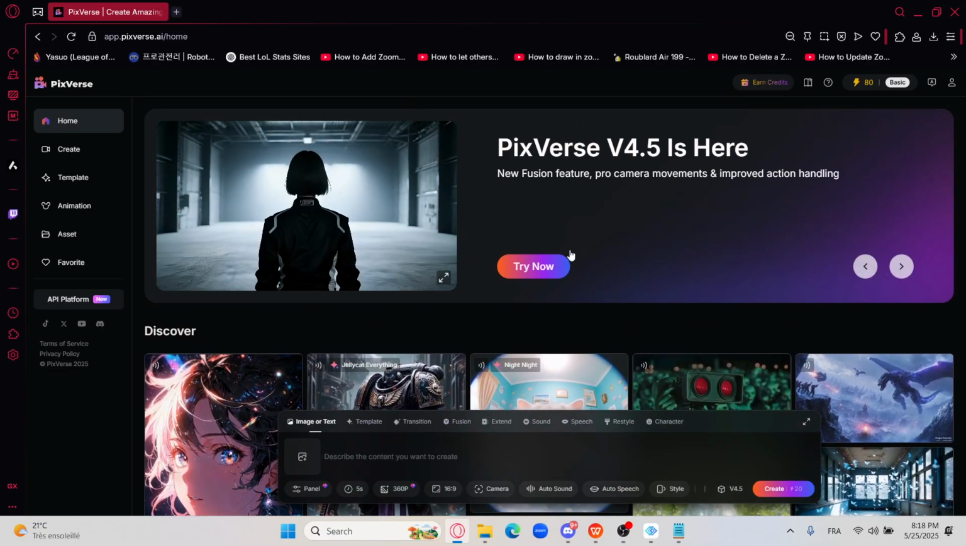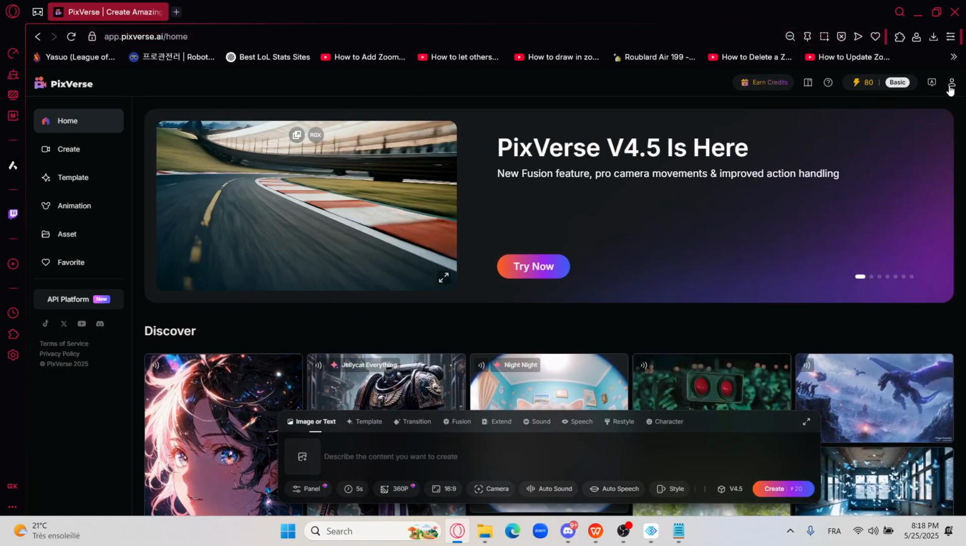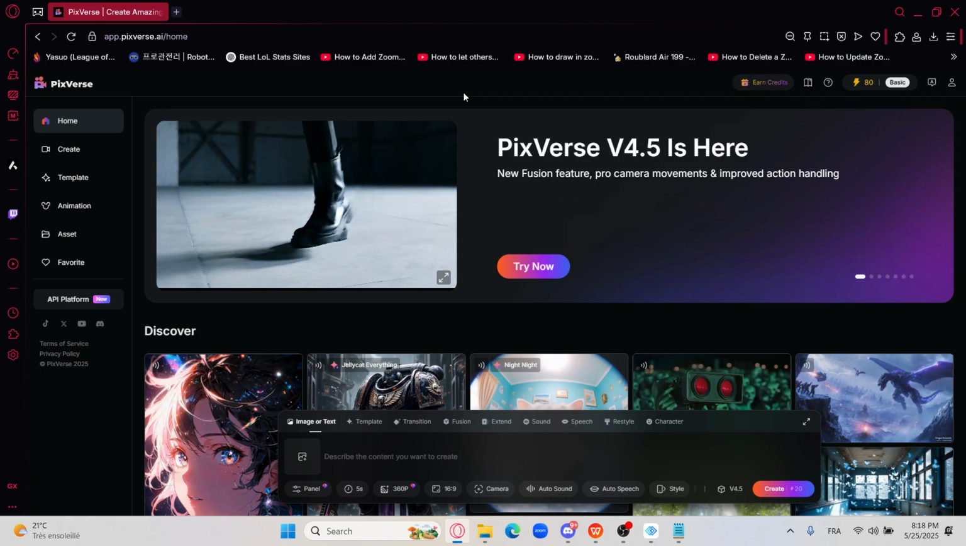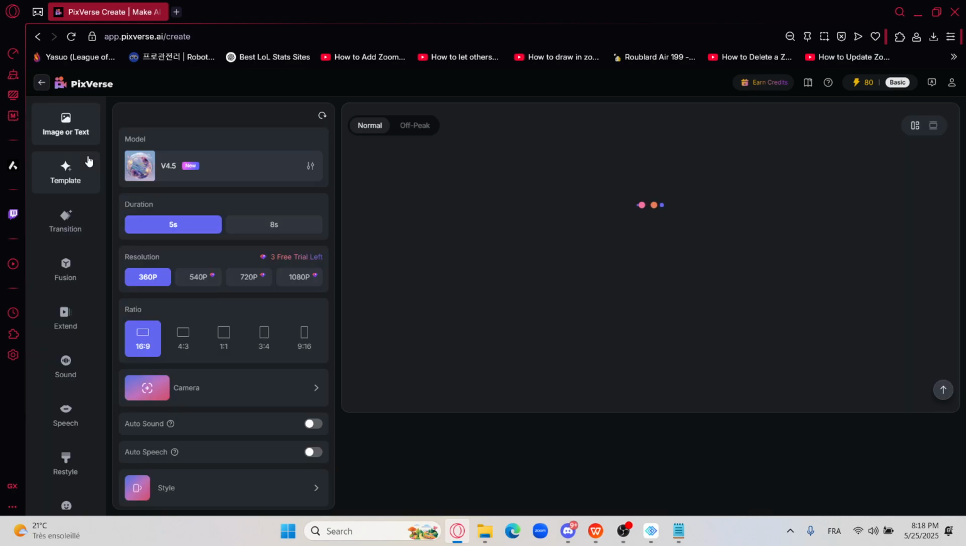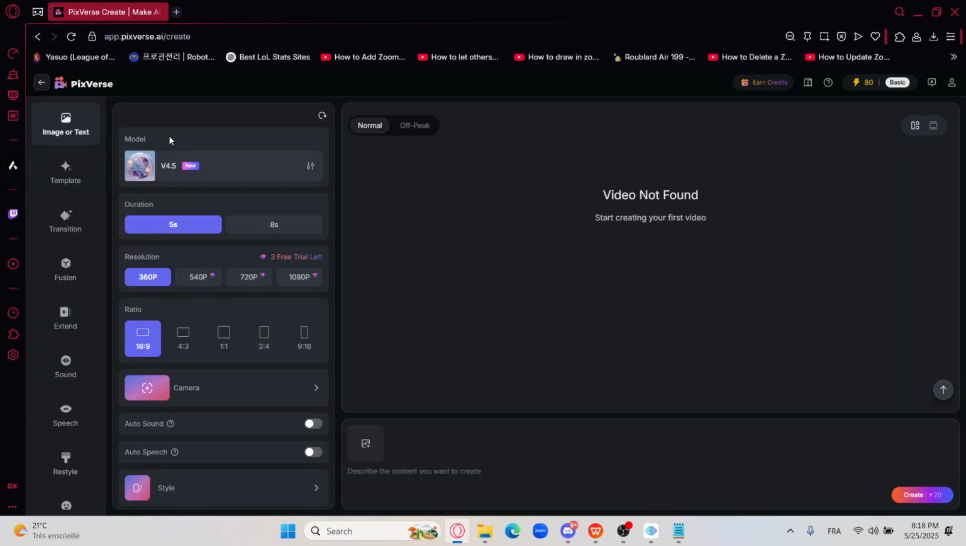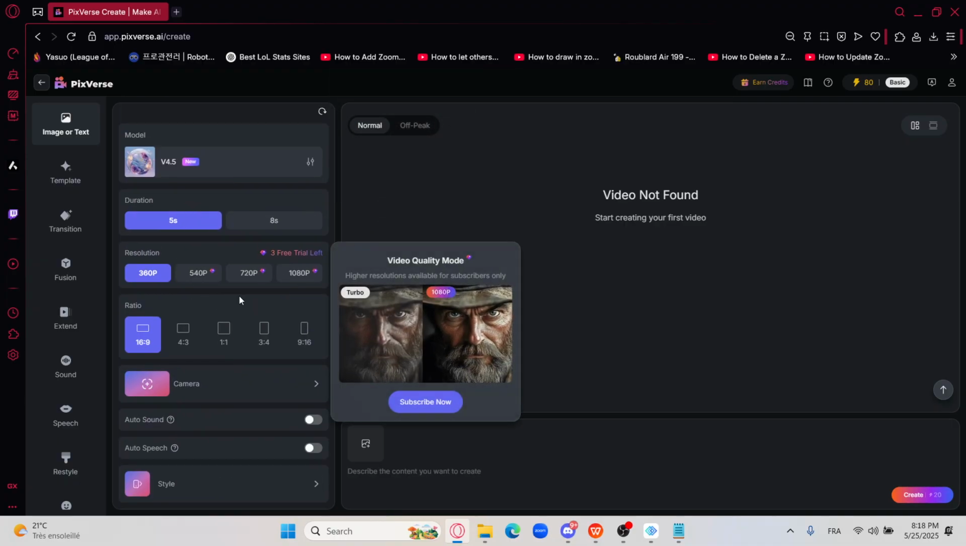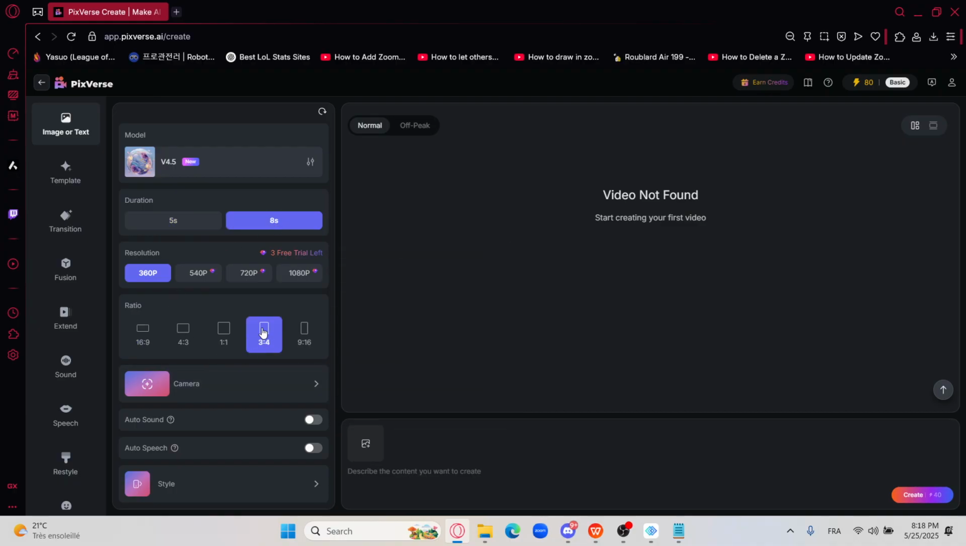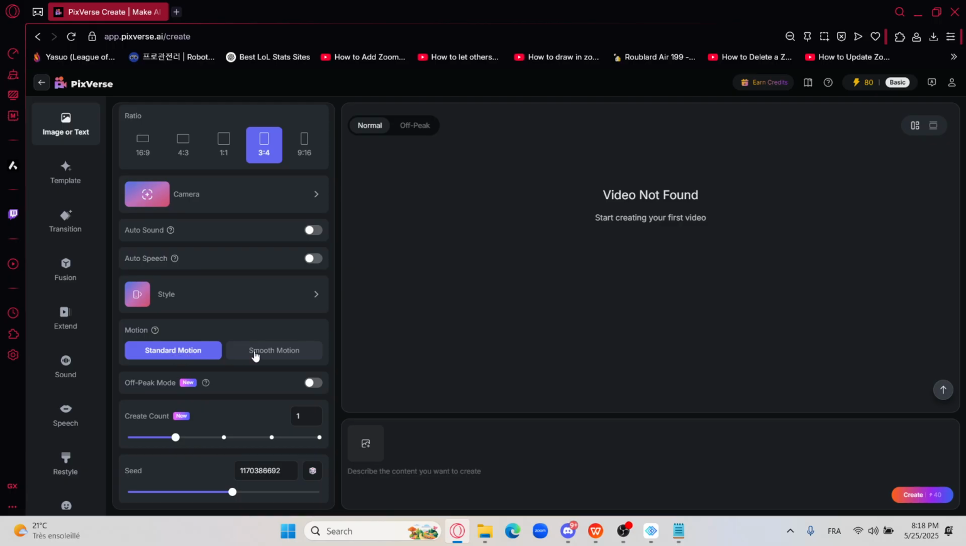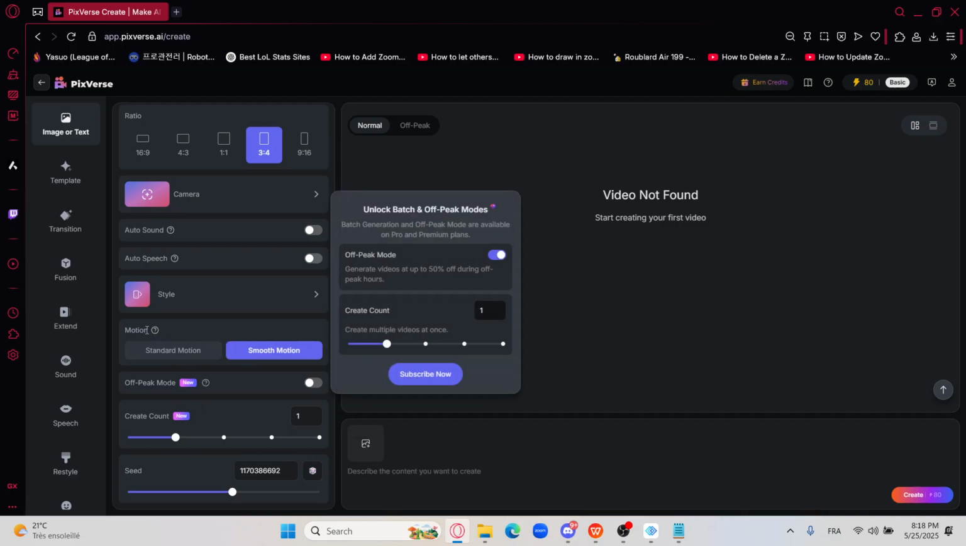Alright, once you get into PixVerse.ai, I just want to make sure that you are signed in, and after that I want to head over into create right here in the left menu and click on it. So you will be on this window. Right here you can choose the setup of your video on PixVerse. For example, for TikTok or Instagram Reels, etc., I want smooth motion right here on the motion section